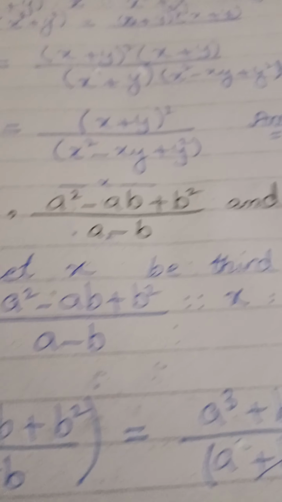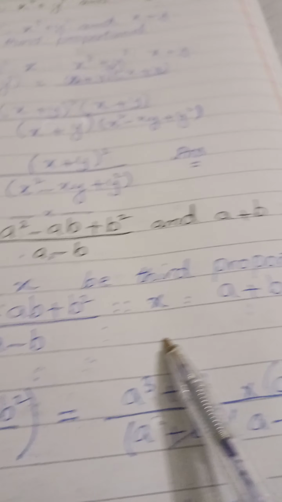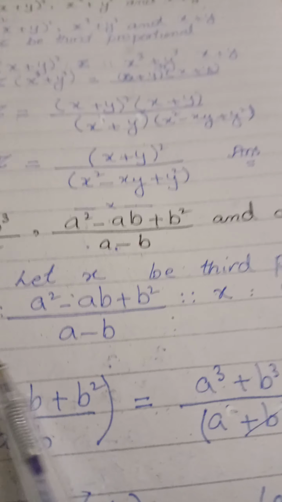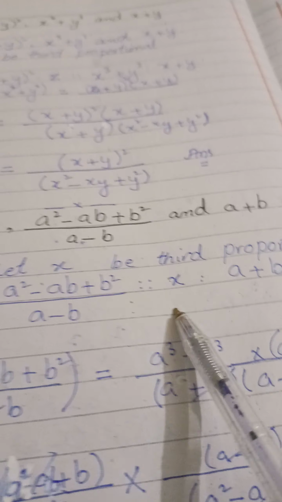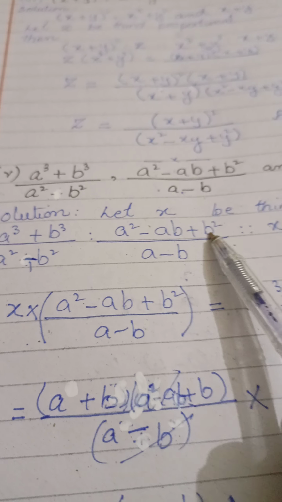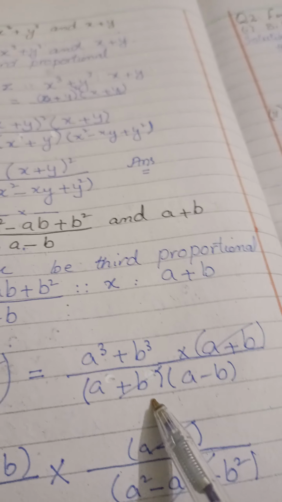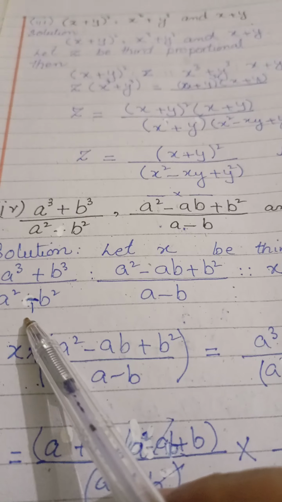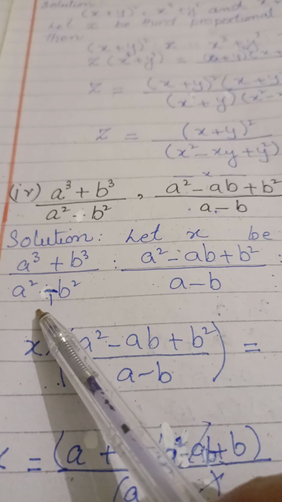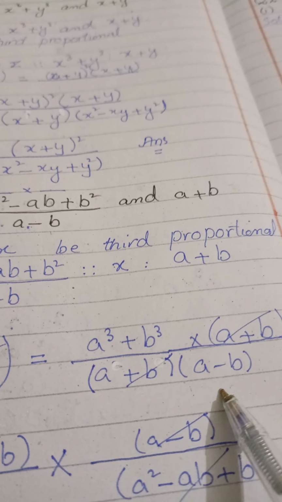We know that a ratio b proportional to c ratio d means a d equals b c. x multiplied with a square minus ab plus b square upon a minus b equals this fraction multiplied with the last a plus b, and these brackets come from a square minus b square. a square minus b square has a plus b bracket and a minus b. The a plus b bracket cancels with the numerator's a plus b bracket,